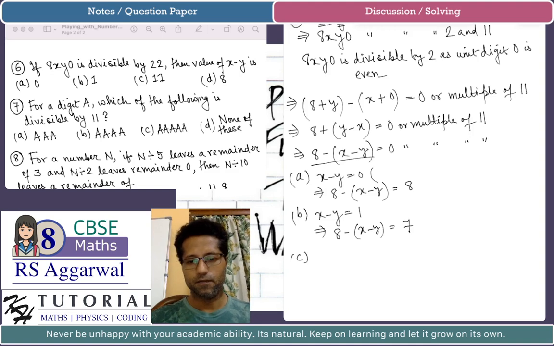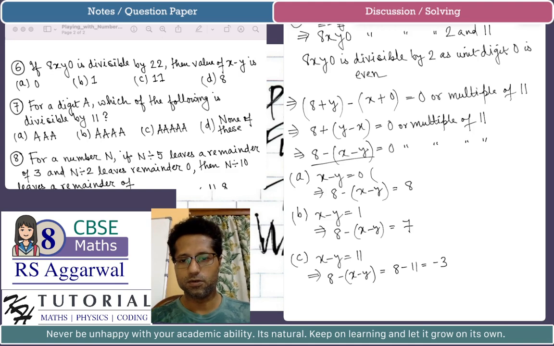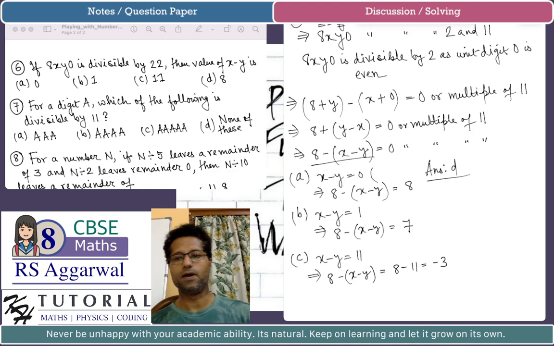And if x minus y is equal to 11, this will imply 8 minus x minus y is equal to 8 minus 11, which is a negative number. This will definitely not work. So the correct choice is obviously D, that is, the value of x minus y should be 8, so that the given number 8x by 0 will be divisible by 22. Okay,